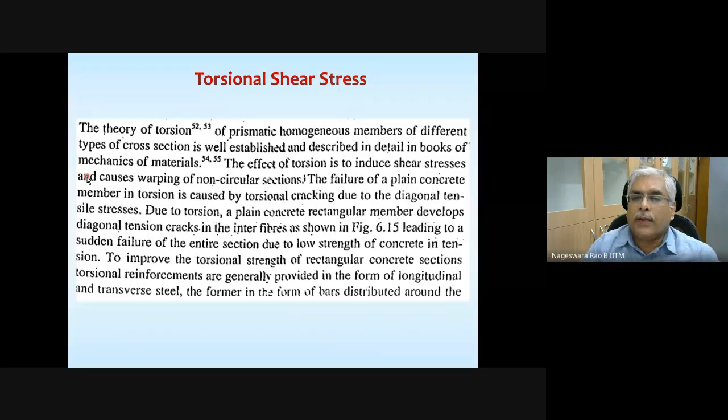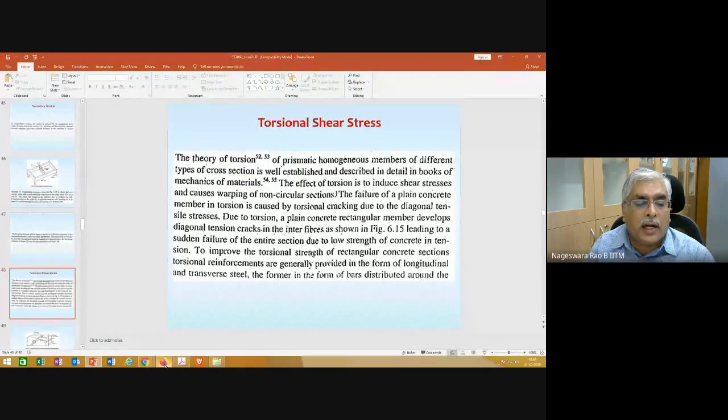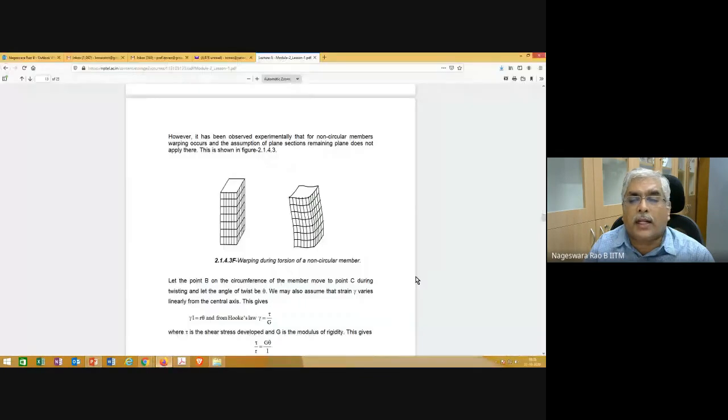So the effect of torsion is to induce shear stresses and cause warping of non-circular sections. I don't know whether you heard about this warping. Warping is nothing but, let me show you a figure, then you will understand.